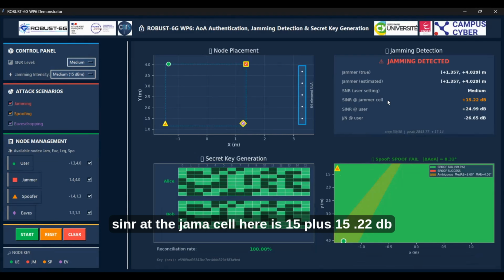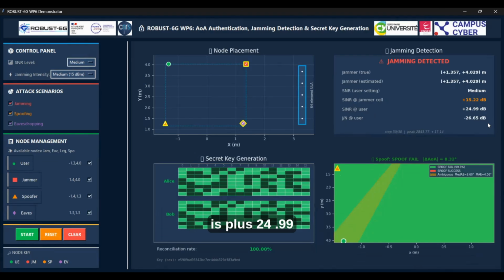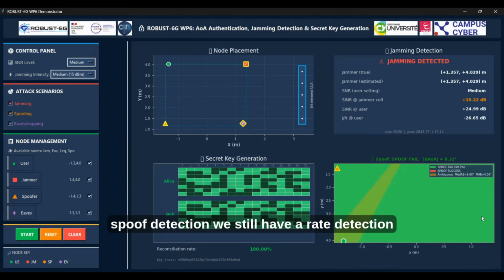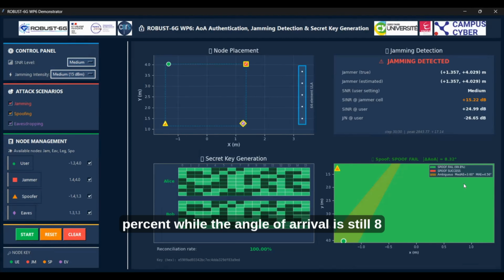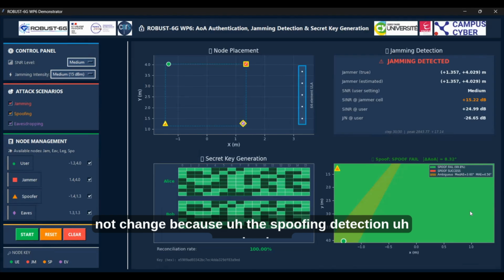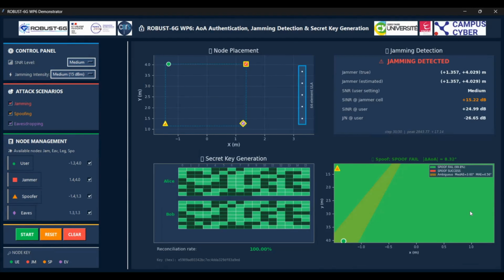The SINR at the jammer cell here is 15.22 dB, and then for that at the user cell is plus 24.99 dB. So for the spoof detection, we still have a detection rate of 99.8%, while the angle of arrival is still 8.32 degrees. So this will practically not change, because the spoofing detection mechanism uses basically the angle of arrival for this process. And the reconciliation rate is still